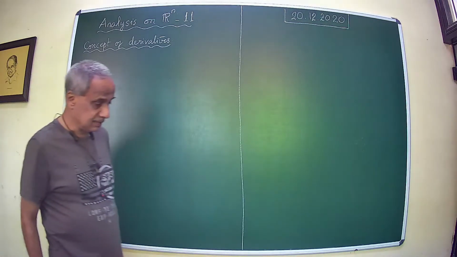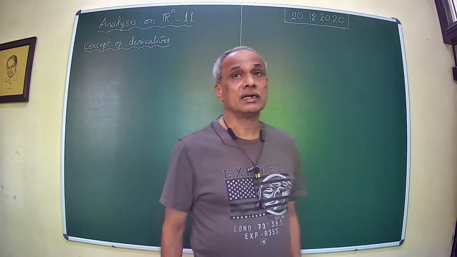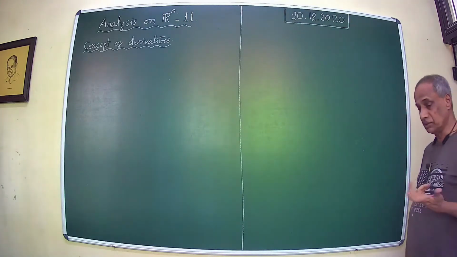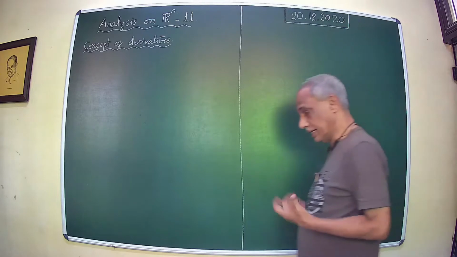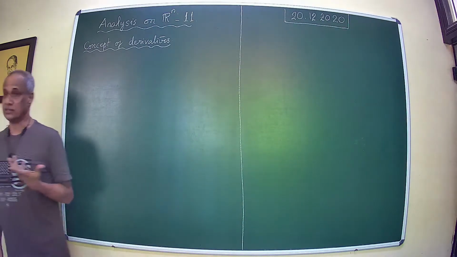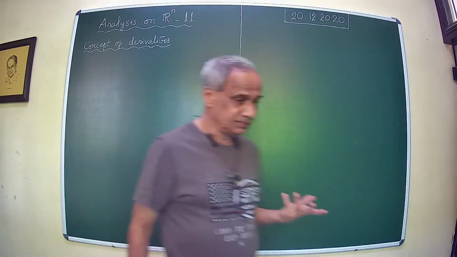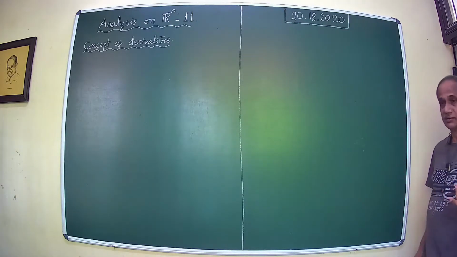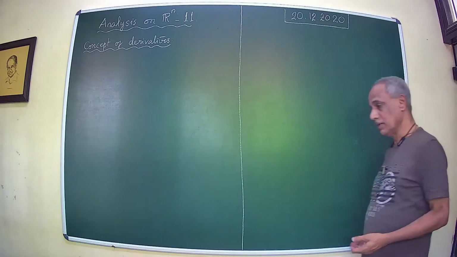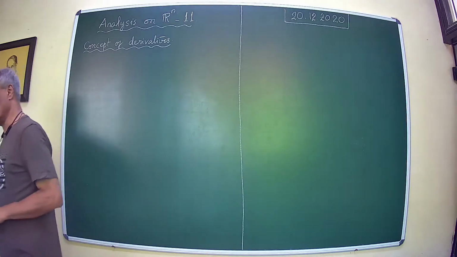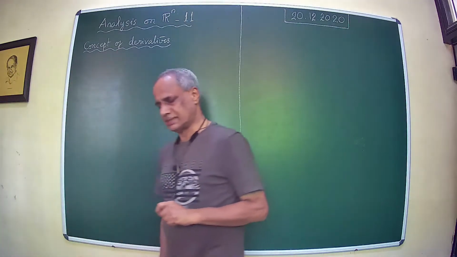We have prepared the ground. We looked at the structure of Rn, and then we also introduced a metric, a natural metric on that space, and that endows us with the topology. And we are now in a position to talk about what is called continuity, and then possibly go beyond that and talk about derivatives and so on. So let us start